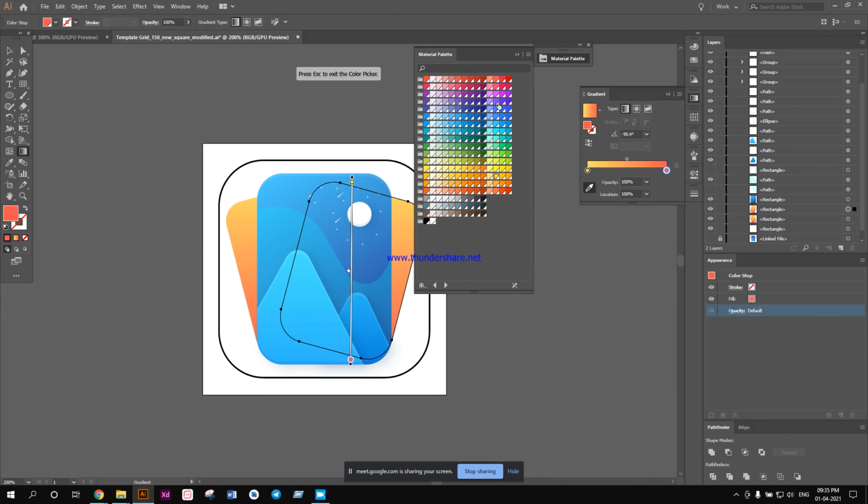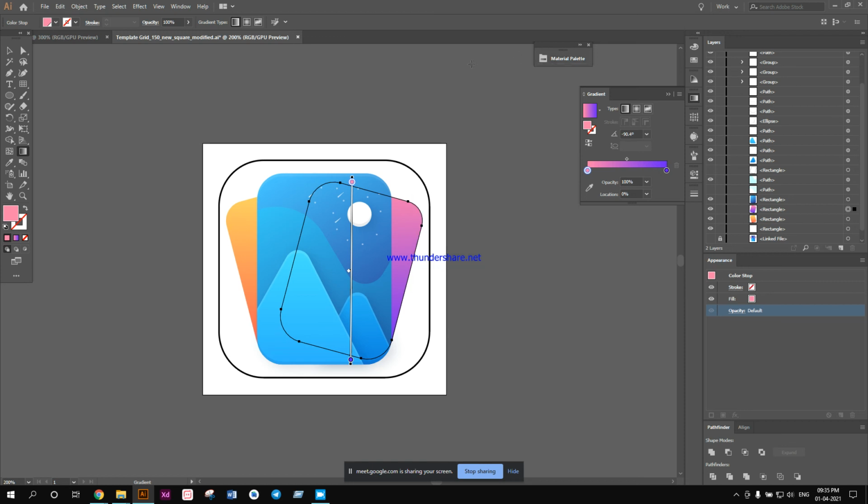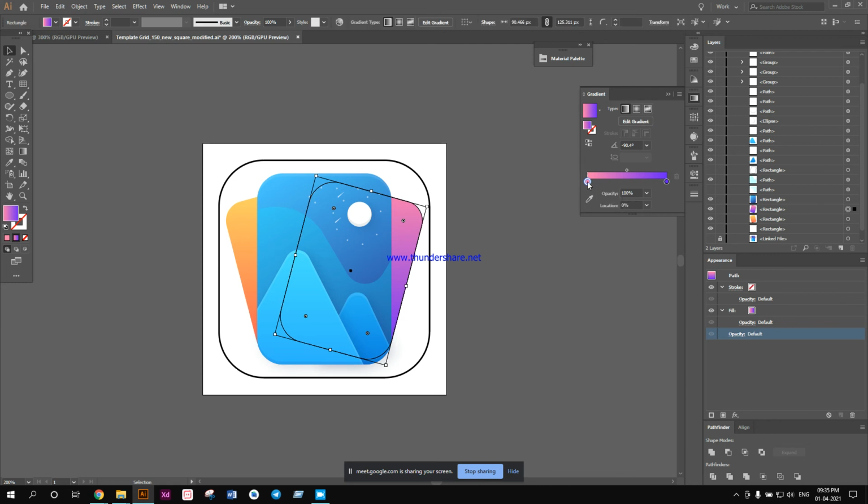This one I'm going to select this purple. This is a little bit darker. Now for this one I'm going to select pink. This pink is looking much better. A little bit more pink. Pink is never enough, guys. Pink is a little bit more towards.